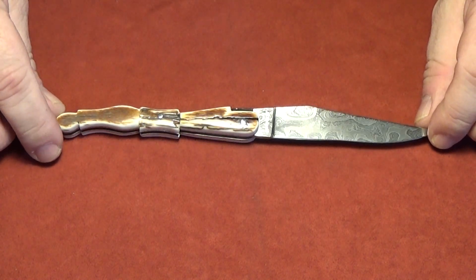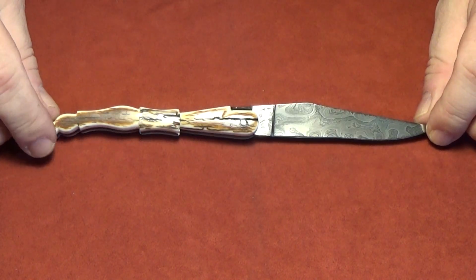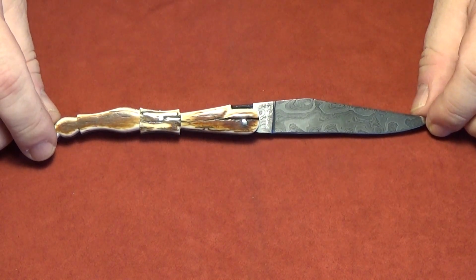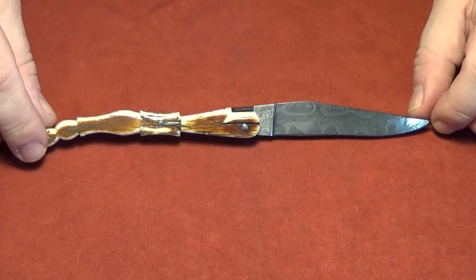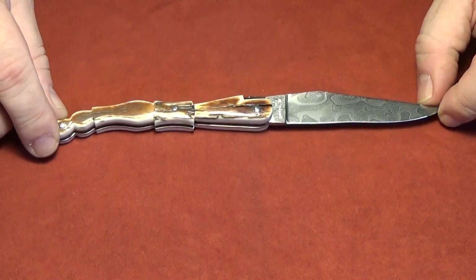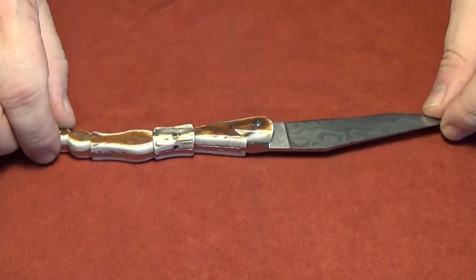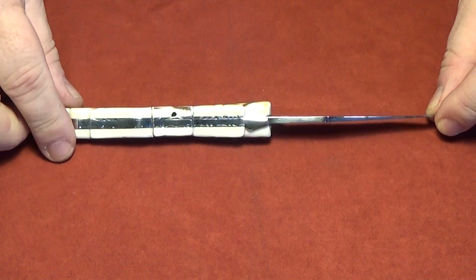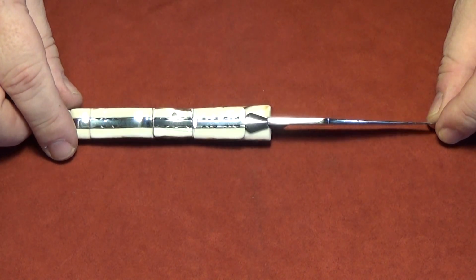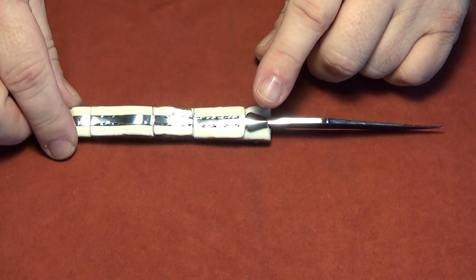It's got a stainless steel blade, Damascus. This is a custom Damascus, I believe, made by Veysseyere, who's a French knife maker, and I have another one of his knives with custom-made Damascus that he did. And it's fitted with mammoth ivory crust handle, and in this case it's got a more traditional smooth spring design in the forward part called the mouche. That's the end of the spring,